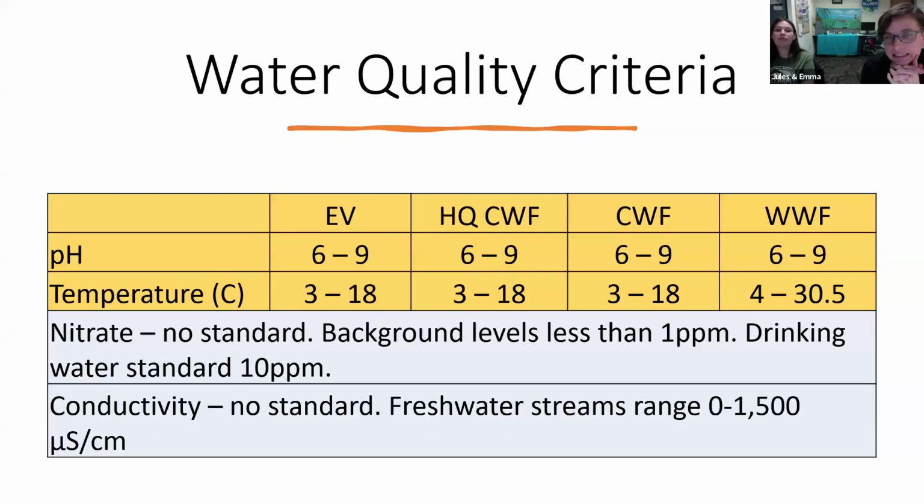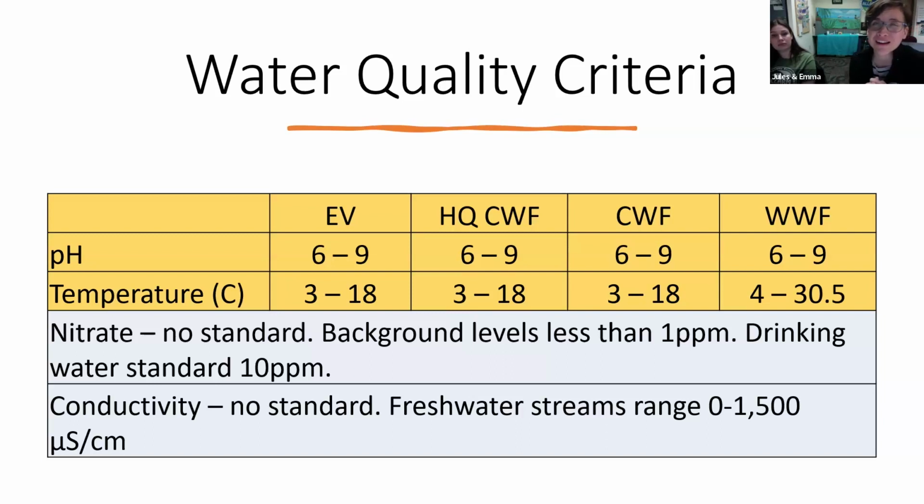So let's go to that next slide. When you look at the state standards, it's important to note that not all parameters that we monitor and not all parameters that we like to look at for water quality assessments actually have a state standard. So when you look at the parameters monitored by Stream Team, we have state standards for pH and temperature. There is not a state standard for nitrate. There's also not a state standard for conductivity. So with nitrate, we can at least use the drinking water standard as a surrogate. So that's 10 parts per million. Some of us might get a little nervous about nitrate when we start getting above 5, but there's no state standard to compare that with.